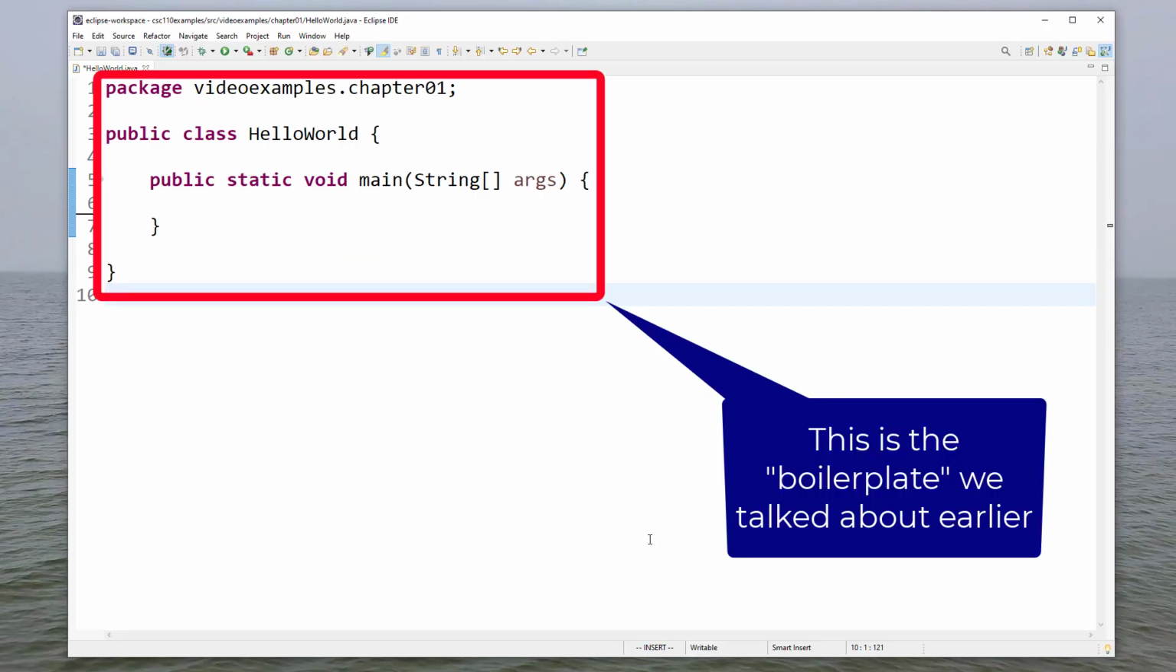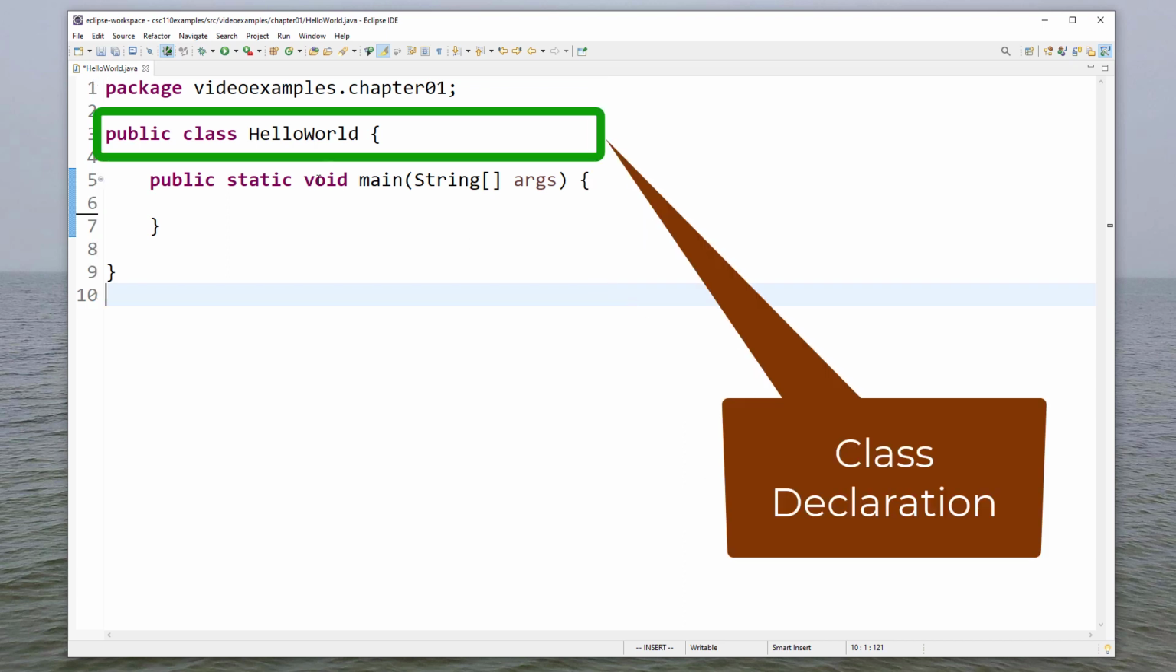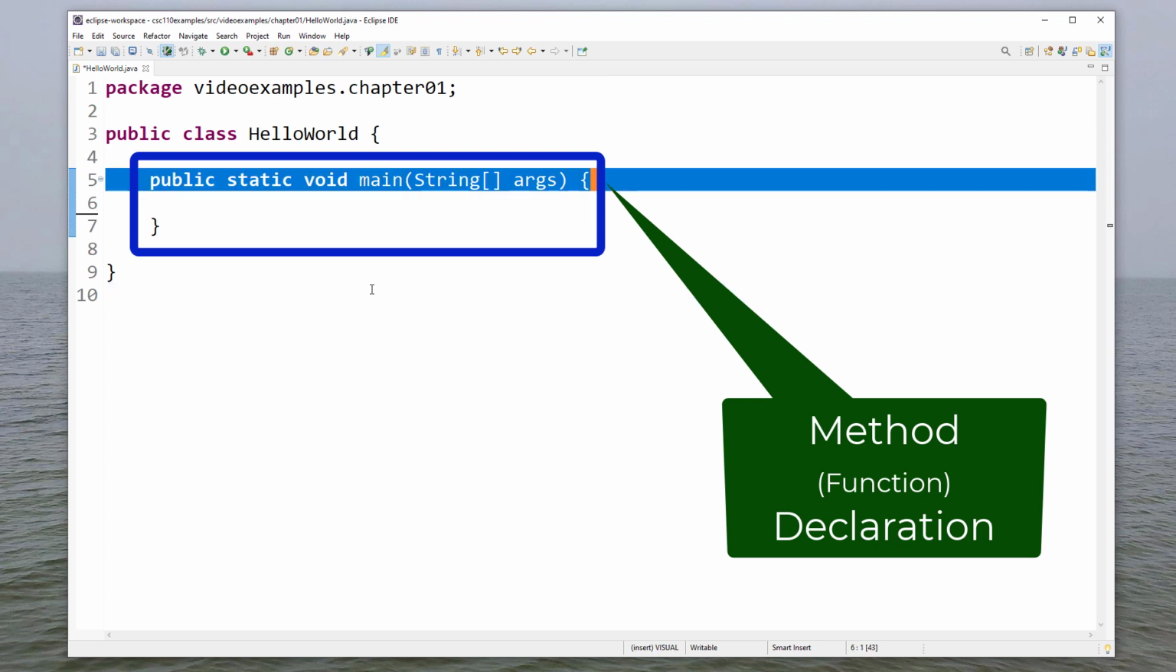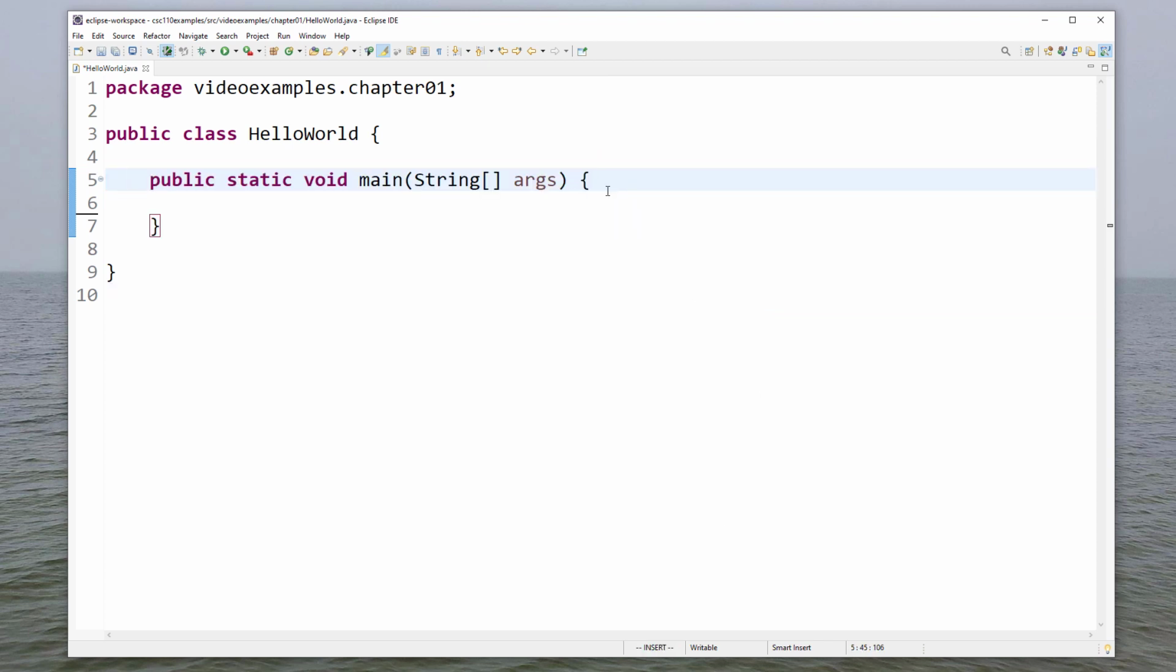So here I have that boilerplate already created. We have a class called HelloWorld, and then we have a main function, which is where we put the code we want to actually run. So let's add our code. And if you'll recall, we want to say